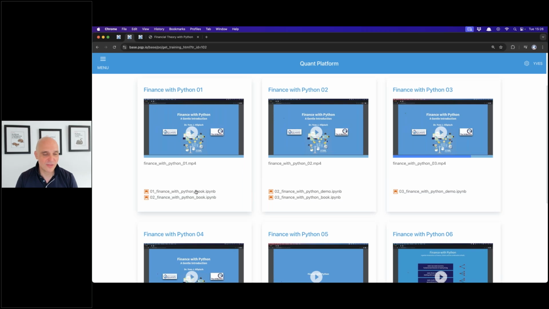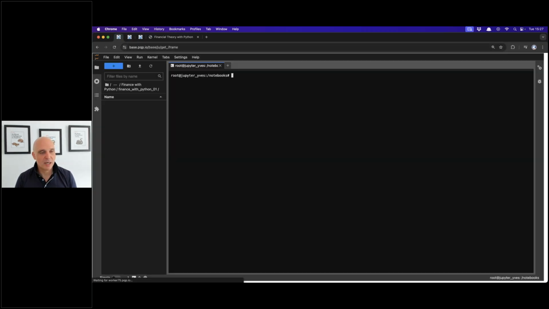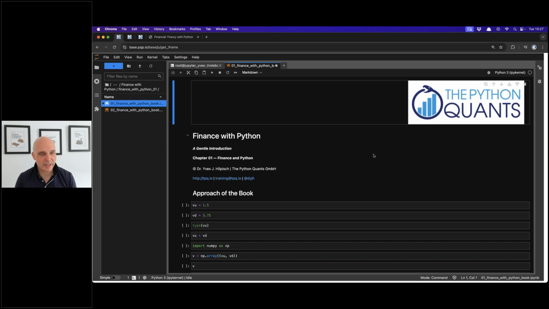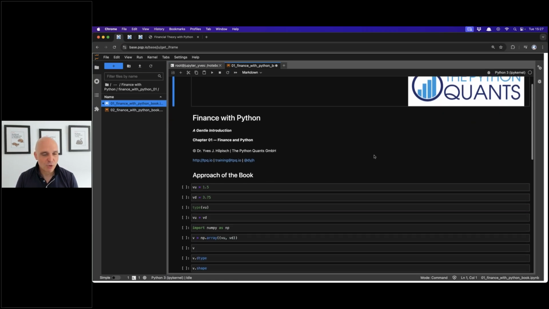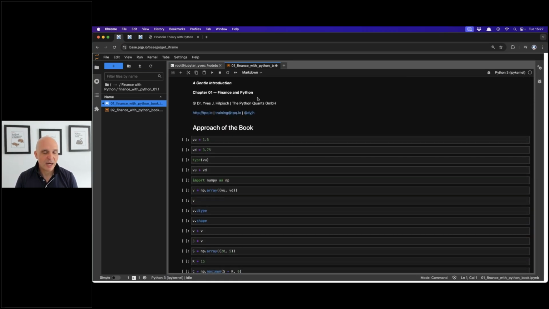And there are also here the links to the Jupyter notebooks. There might be one Jupyter notebook. That's, I would say, the standard case. One Jupyter notebook, there might be two. Sometimes there are other resources, maybe Python scripts, sometimes other files, right? So this is different, but the standard is, I would say, at least one Jupyter Notebook per class. And I have clicked on it, and in the Jupyter Lab section of the platform, which